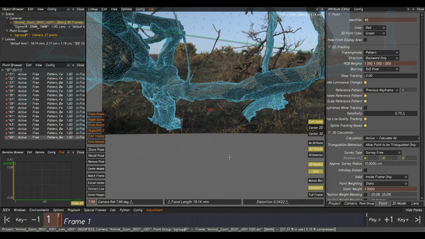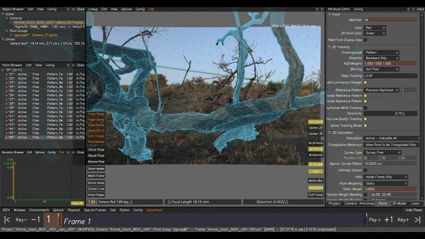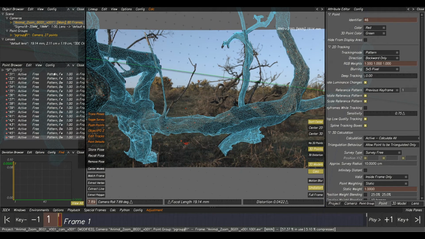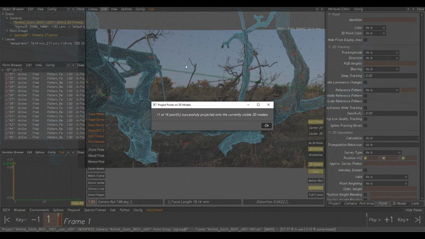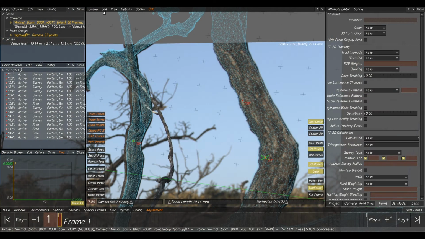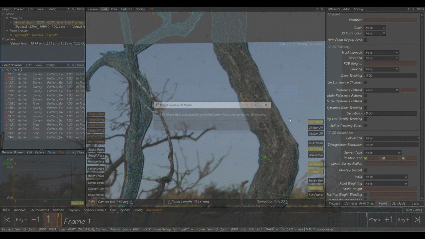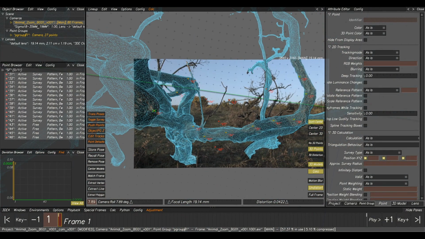So if we go back to F5, we go to our lineup point where we stored our pose. It should be a red keyframe. So what we can do, we can actually just select all our points, even the ones that we've tracked in the background, and we can go edit, project points on 3D models, because they're not going to project onto anything because there's no 3D model there. So now it looks like all of them apart from this one has projected on, so if we edit project points again, they all look like they've projected on now. So if we press Alt-C to solve,